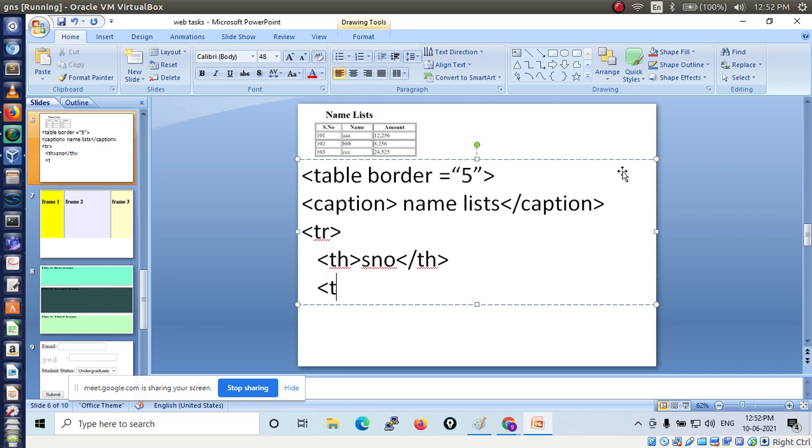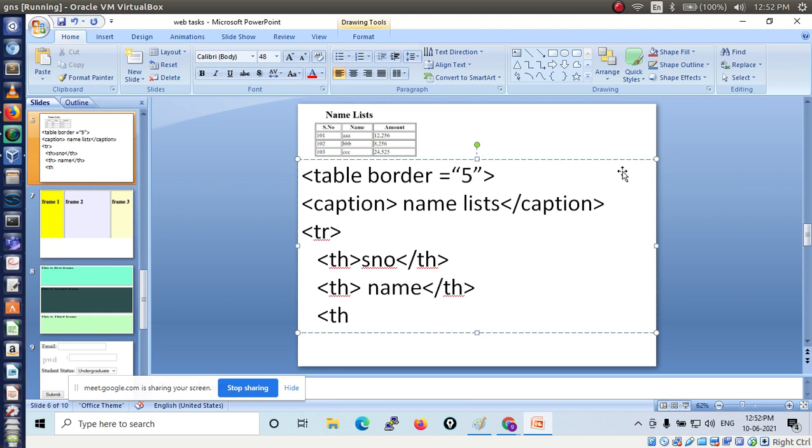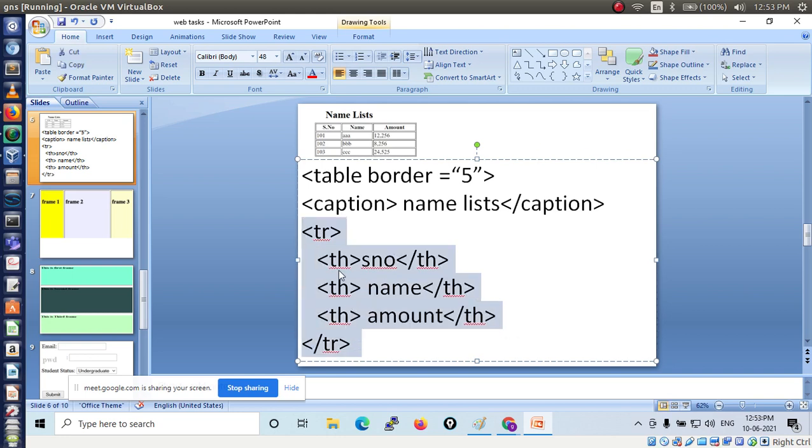Now again you have TH, then the next column we have is name, then close the TH, then again TH, then amount you have to write, then close the TH. Right? Now your first row is over, so close the first row using the TR tag this way. So here we have written the first row display.